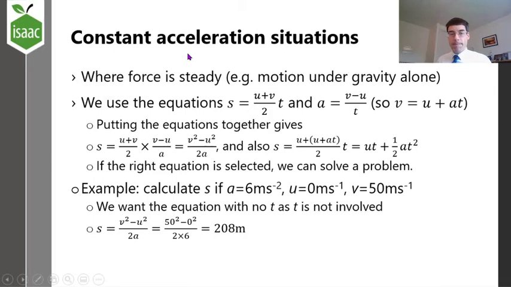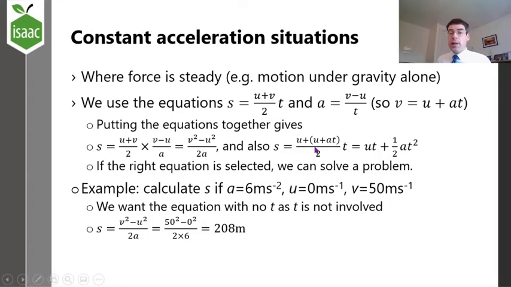with that object. But other kinds of constant forces will also work, where you've got an engine that is able to pull an object with a steady force. So, you've already got the equation S equals average velocity times time, and you've also already got the equation that acceleration is the change in velocity divided by the time, which, by the way, can be rearranged to look like that. But putting the two equations together, as shown there,